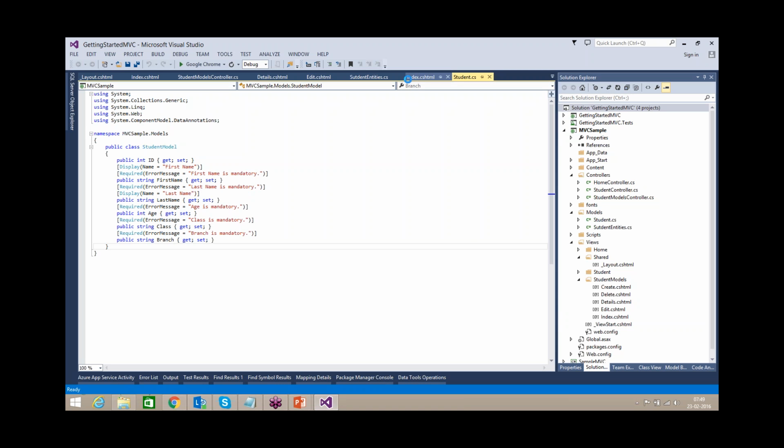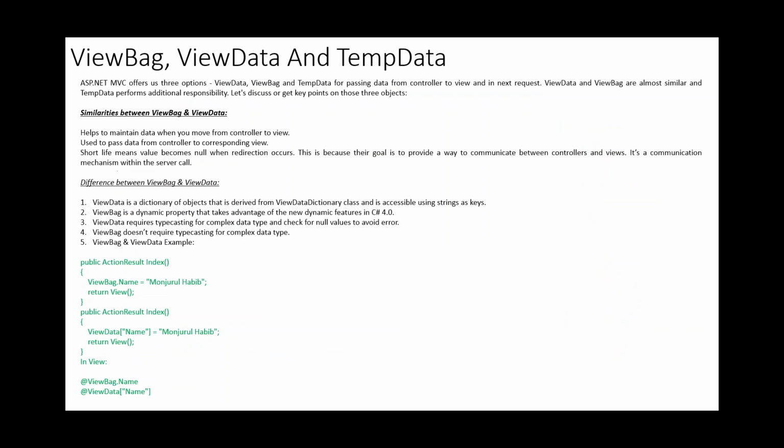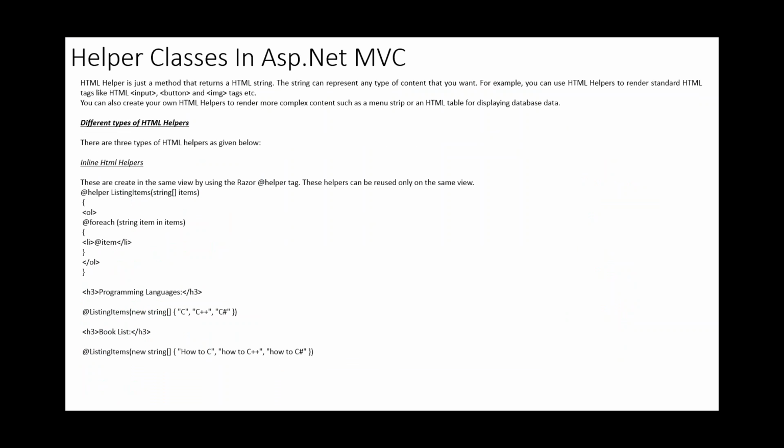These are the HTML helpers. We have a few different types of helpers. First, inline HTML helpers. Inline HTML helper means we use the at the rate symbol and then the tags, and we can print values like this.